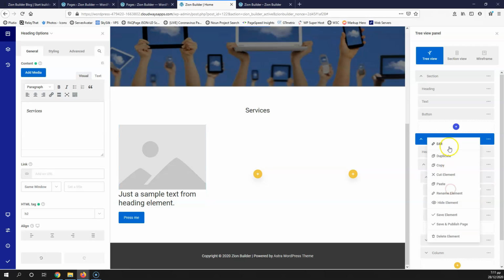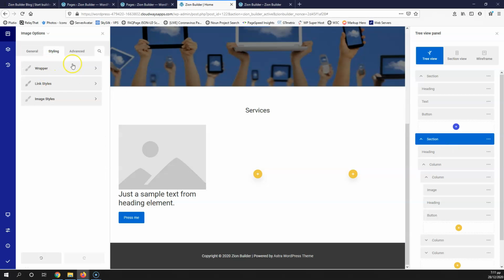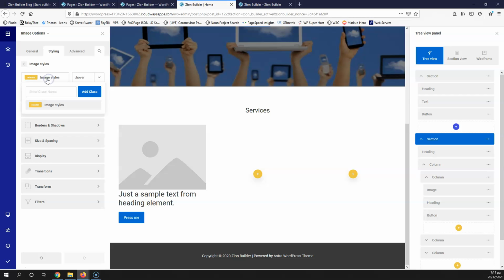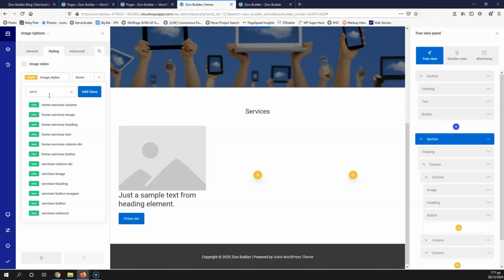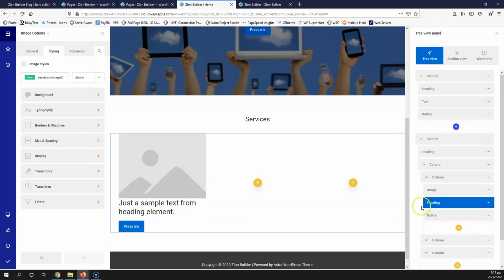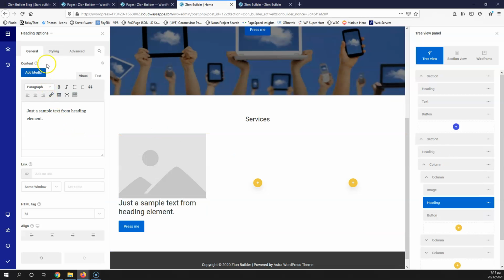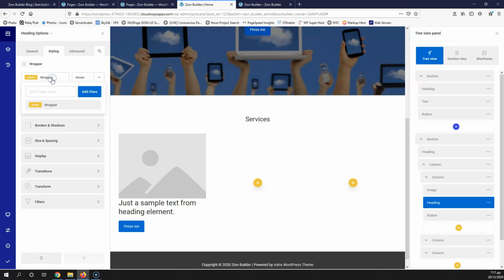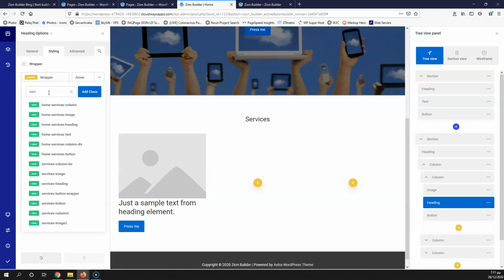So I'm going to the image, I'm going to edit that, and I'm going to select styling. I have here, as you can see, the wrapper, the link styles, and the image style. I'm going for the image styles, and here I'm going to select something for the image, services image, and then 2, just to have it unique, add class. Then let's go to the heading, let's edit that, and in styling, wrapper, it will be services heading